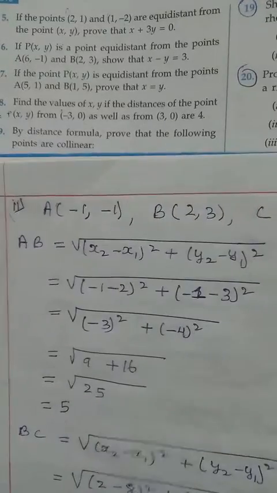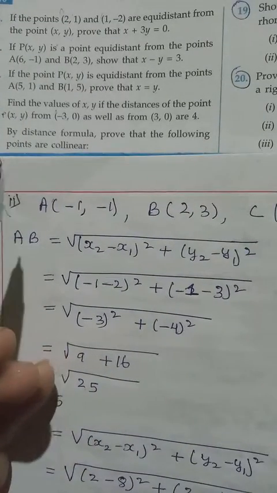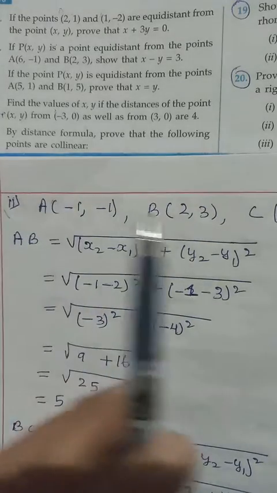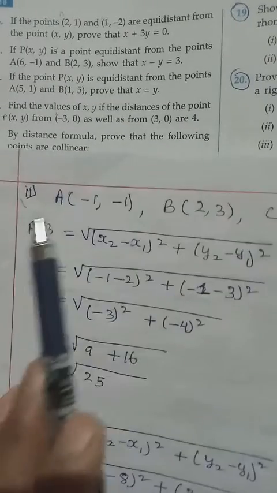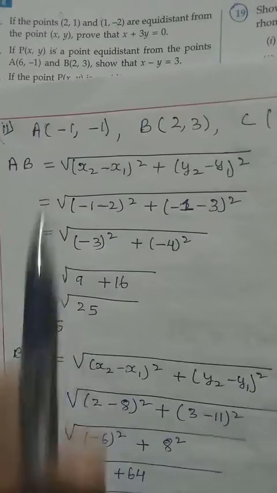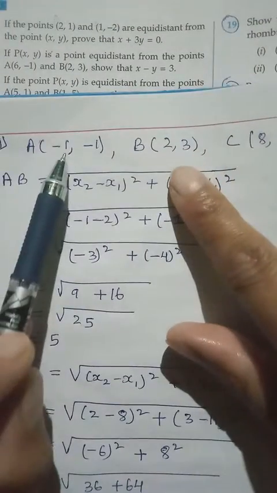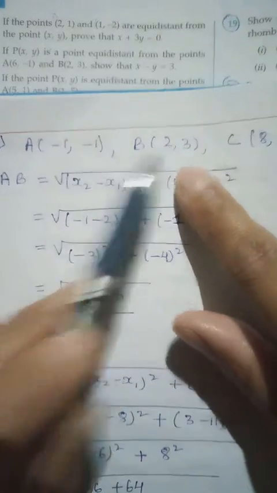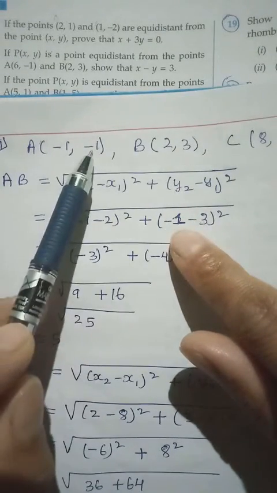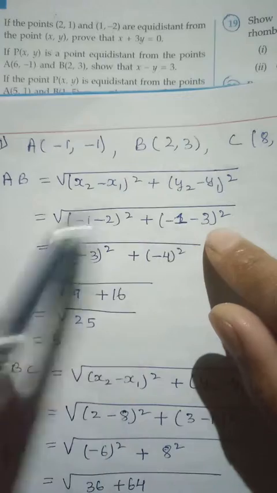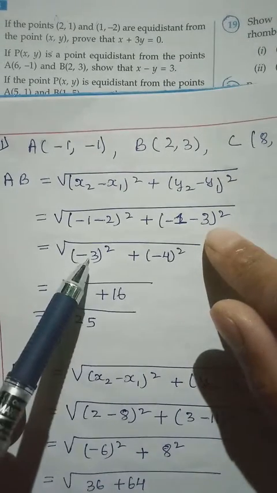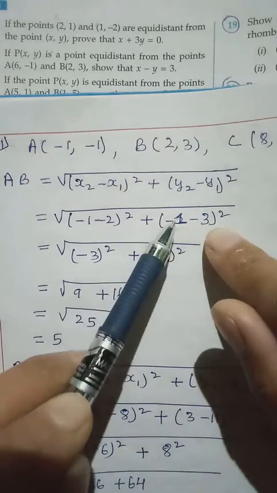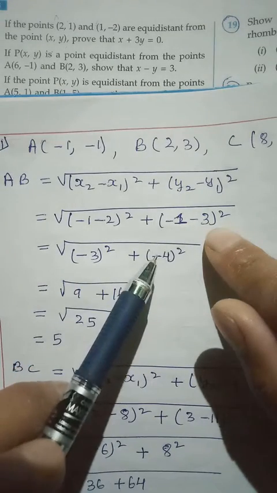again here we have, okay, to show they are collinear, so let us name them A, B, C. Then we can find the distance AB, BC, and AC. So if you take AB, here XY, XY. So minus 1 with minus 2 whole square, minus 1 with minus 3 whole square. Both minus, we can plus. Minus to minus becomes plus because we have square. Here also both minus, we can plus.